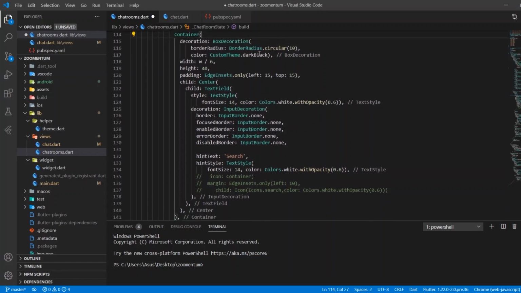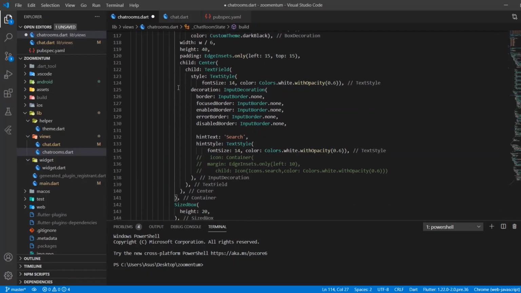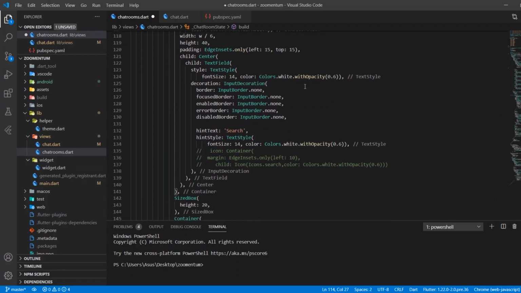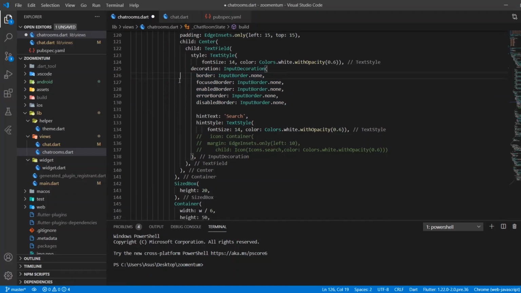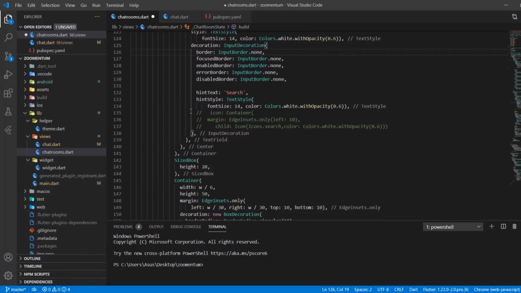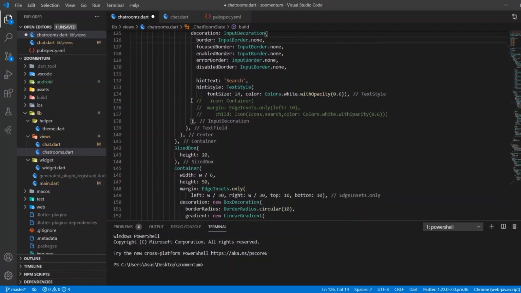You can see box decoration, border radius and all, padding, and text style again with opacity 0.6 to give it a better view. I have done all this thanks to Stack Overflow for removing that underline part in the text field. A lot of people might struggle with that, so it's easy. Hint text and all, no need of this, delete.